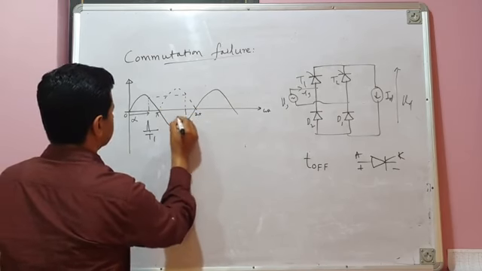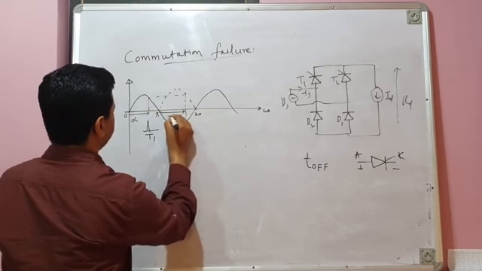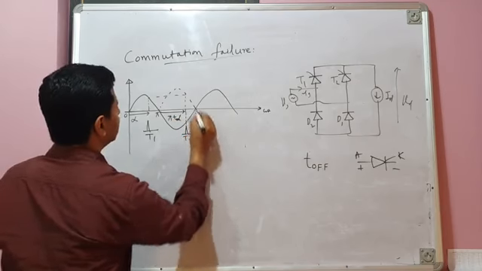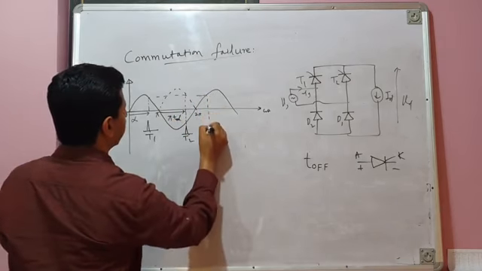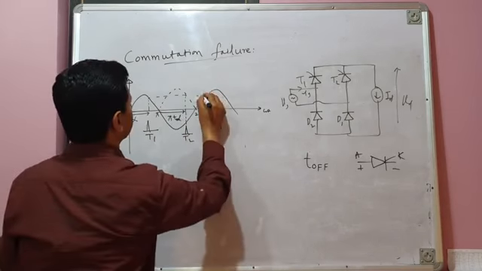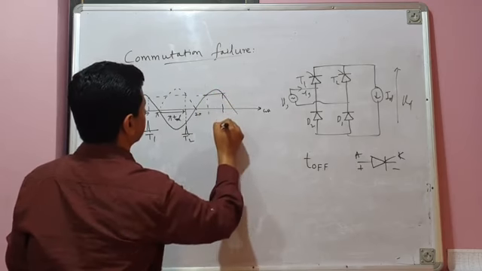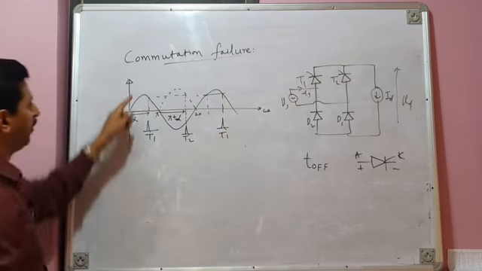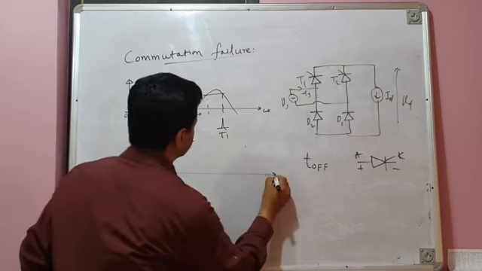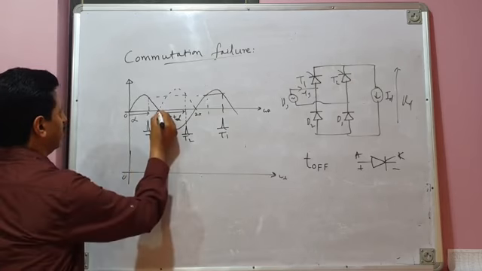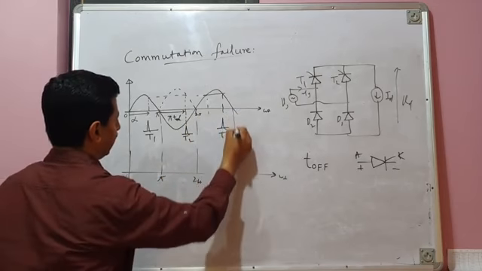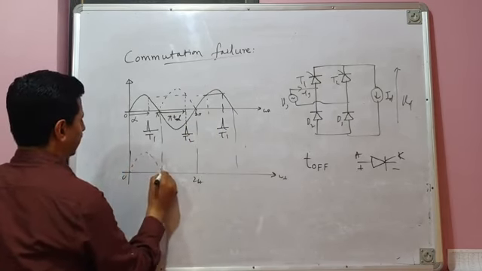What is this delay angle? This is alpha, this is pi plus alpha. And here a firing pulse is issued to thyristor T2. Then again, a firing pulse is issued to thyristor T1. I am assuming alpha greater than 90, a large value of alpha. Now see, it is very interesting to see what happens. Let me draw the load voltage waveform. 0, pi, 2 pi, 3 pi, and so on. My load voltage would have been like this.